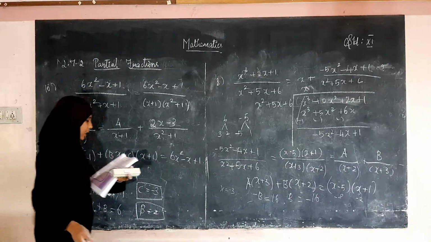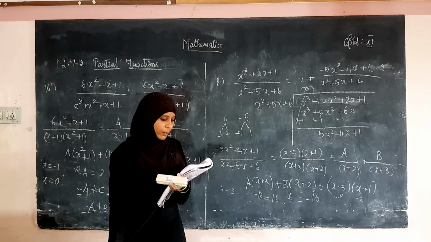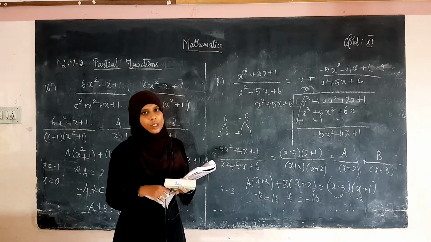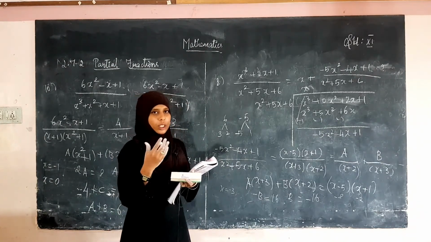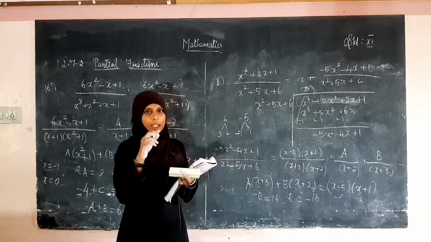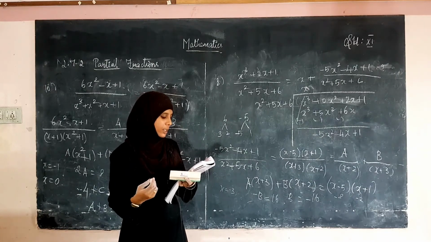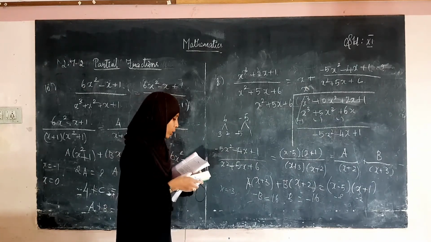Okay. Now, the 11th sum. See the 11th sum: (2x² + 5x − 11) divided by (x² + 2x − 3). See the degree of both the functions given, it is of the same degree. So, what you have to do? You have to find the division and you have to resolve it into partial fractions, and find the answer. So, the answer is the assignment for you. Now, the 12th sum.